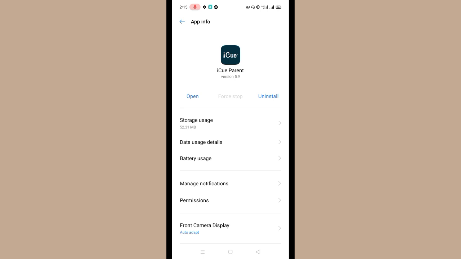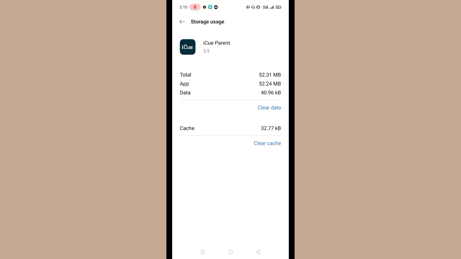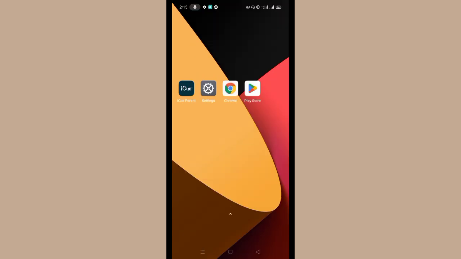Now tap on the Storage usage option on the top, and here you should clear the cache as well as data. Okay, now close this app and go to Google Play Store,